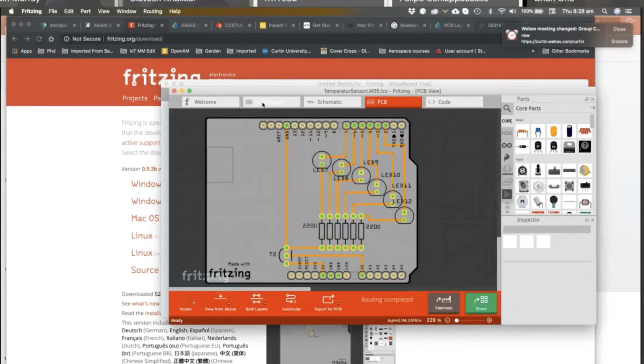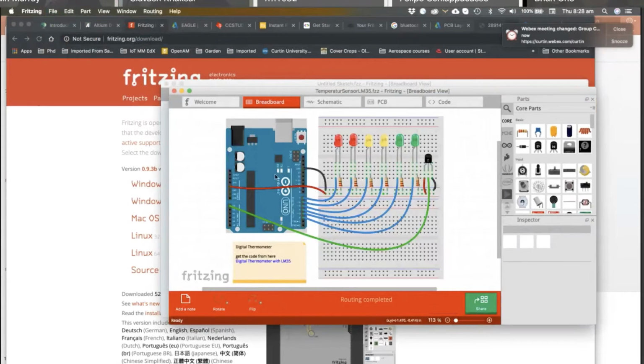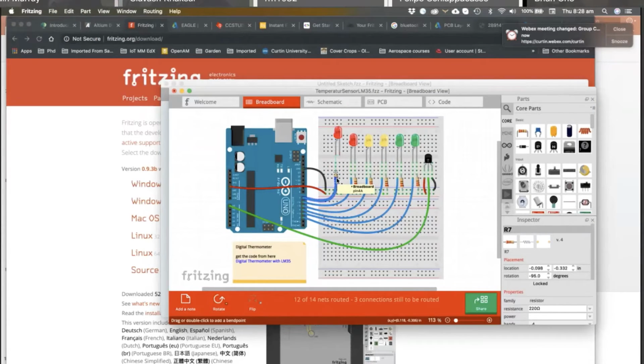Okay, so we'll go back to the breadboard. We can have our breadboard here. We can alter things if we like, move them. I'll go resistor. There we go. We can move things around and move it between the connections that we want. And as I said, you lay it out very much like the real thing. One thing it does that Tinkercad doesn't do